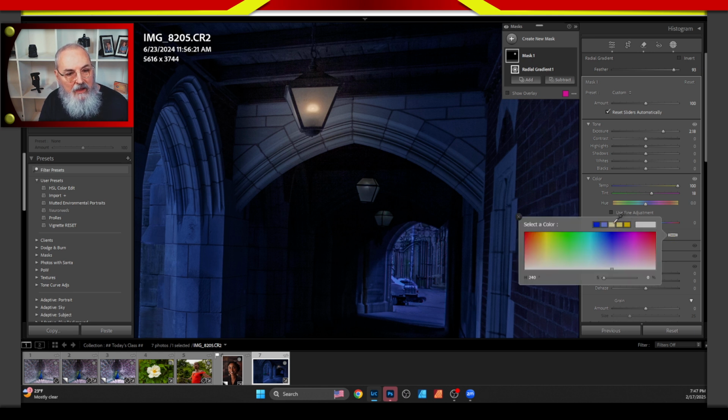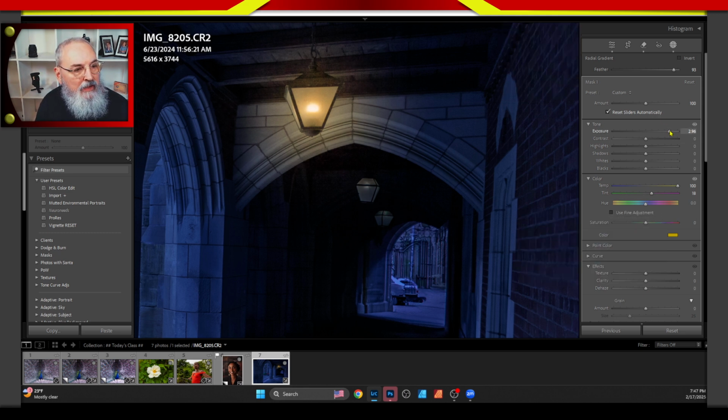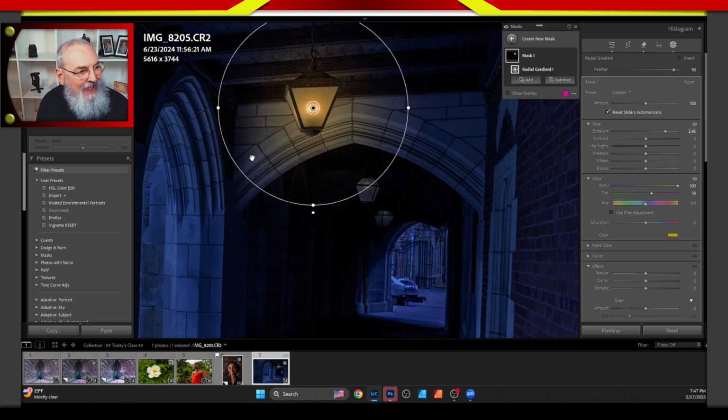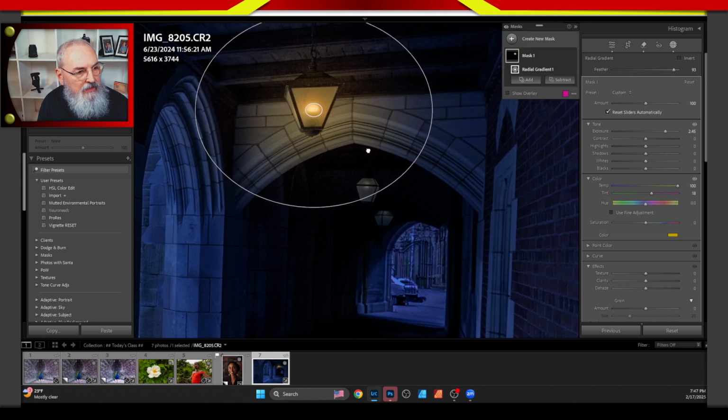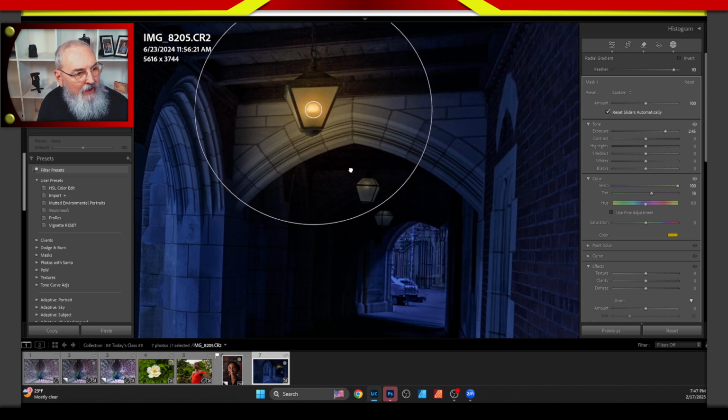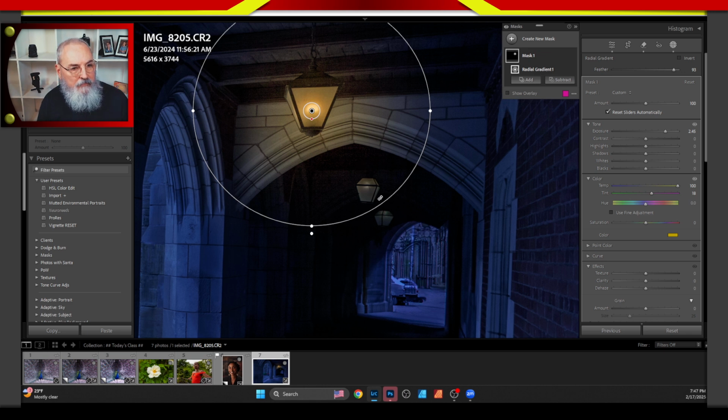We have 3 warm tones from very minor influence all the way to a really, really golden saturated influence. Okay, and actually that doesn't look too bad. Okay, all right, and maybe add a little bit more. All right, so I'm just looking at what this is doing to affect the surrounding area. Okay, all right,